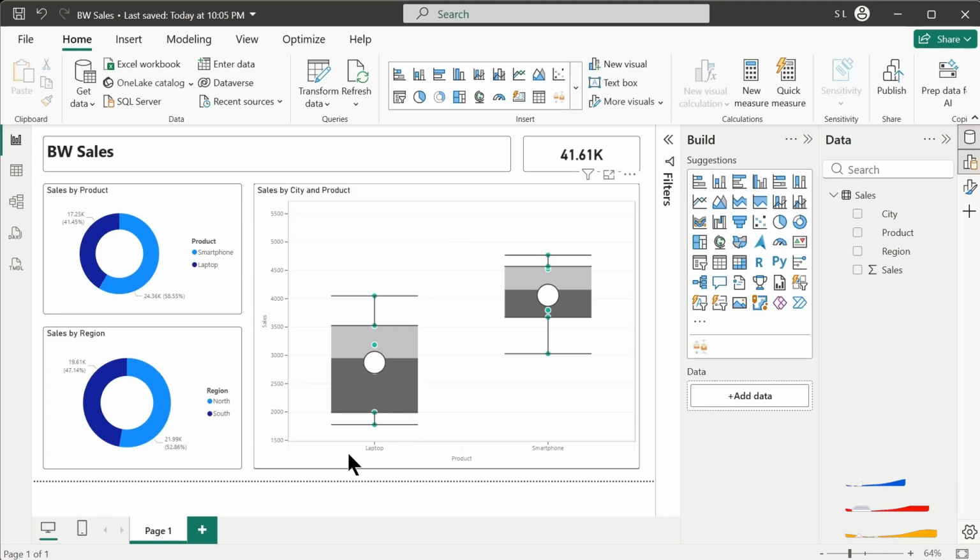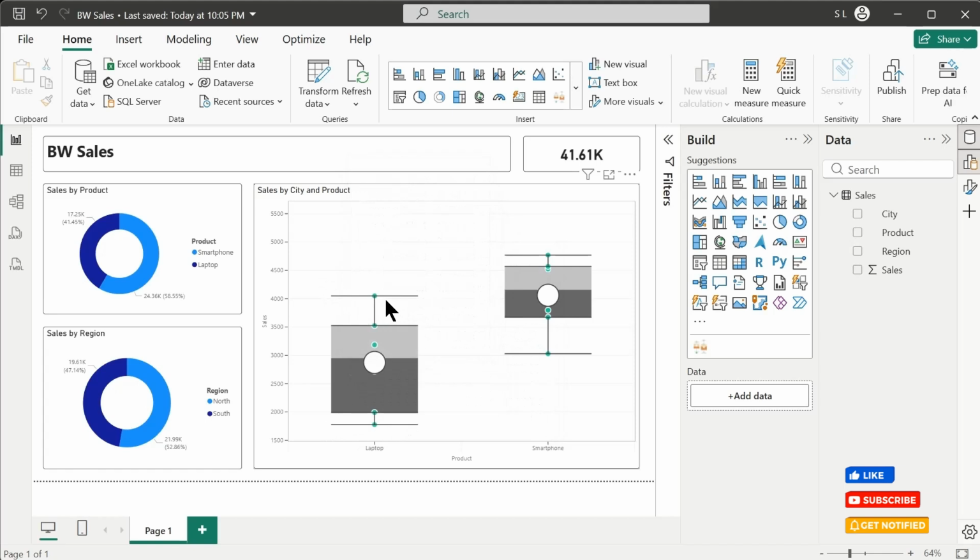So if we look at this box and whisker, it is the sales of laptop, and these are the sales of smartphones. So these are the minimum and these are the maximum sales for laptops, and these are represented on